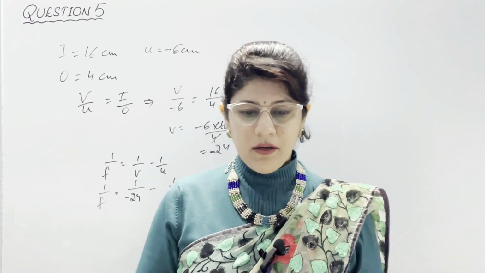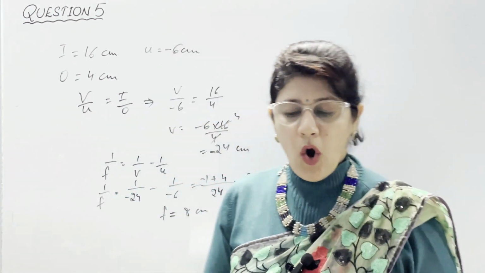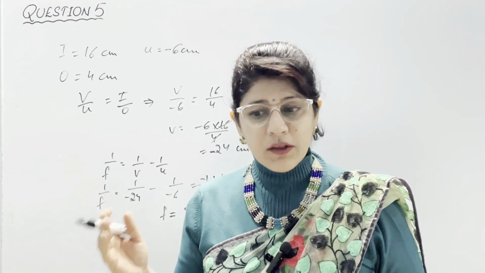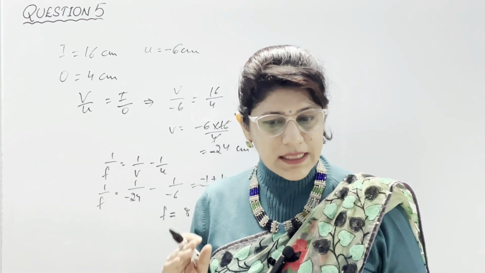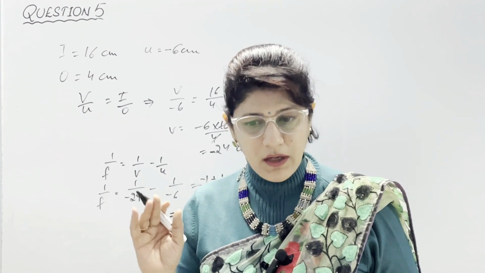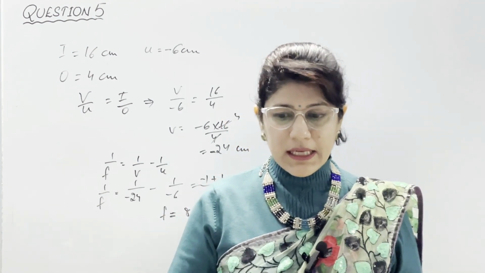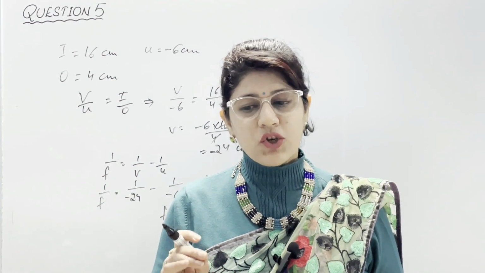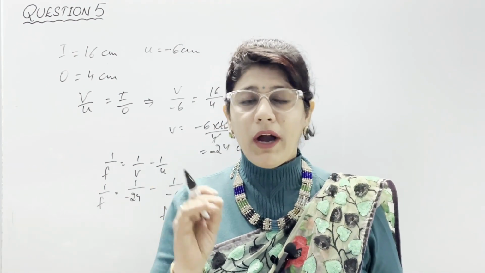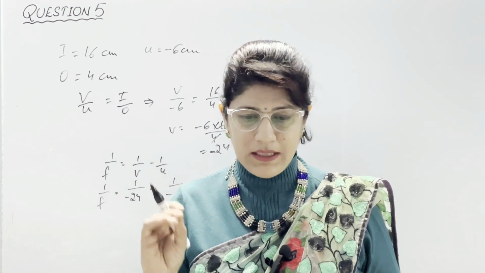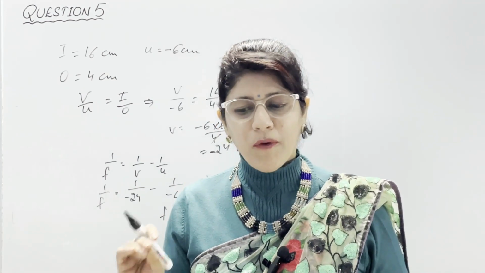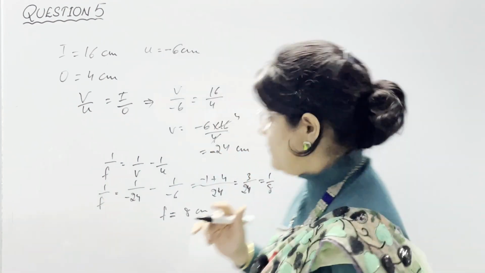Now in third part, the diagram below shows object AB placed on the principal axis of a lens L. The two principal foci of the lens, f1 and f2, are given. The image formed by the lens is erect, virtual and diminished. And we know that this combination, virtual and diminished, we can find only in the concave lens. A part, copy the diagram and show the image formation with the help of two rays starting from A.